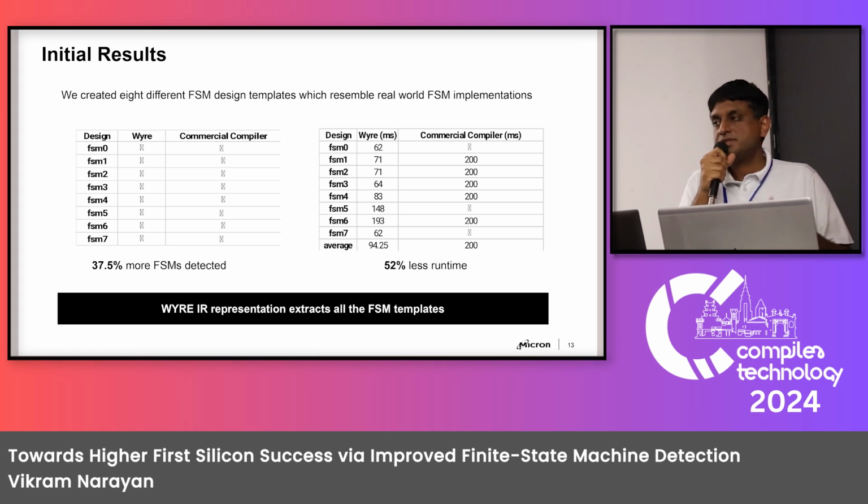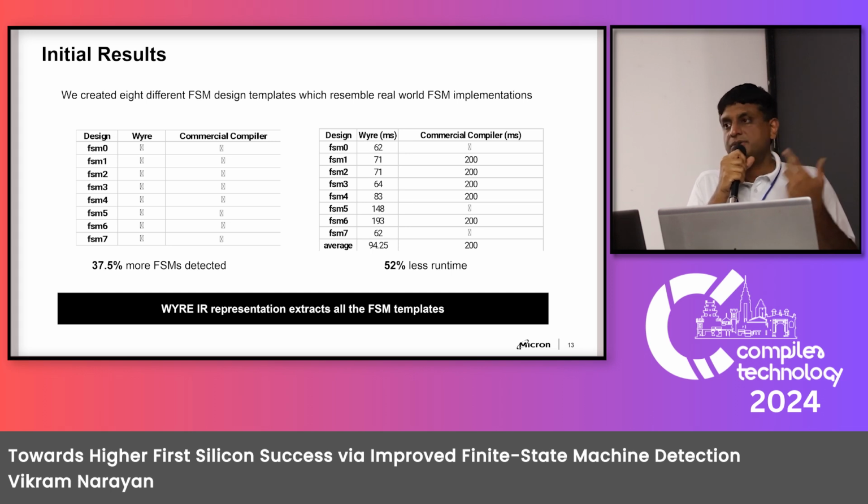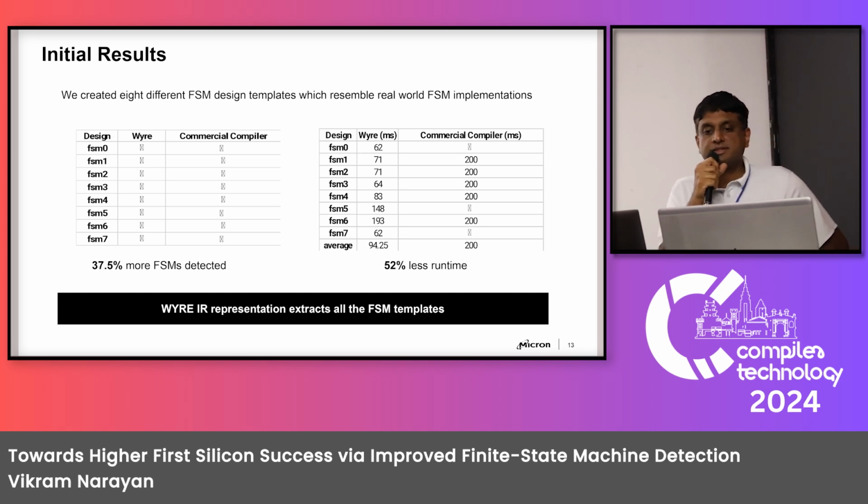Our approach was able to extract the FSMs from all of these 8 templates. But the state-of-the-art tools probably miss out on the top 3 most frequently used FSMs. And the peripheral benefit is that we are also able to extract this at